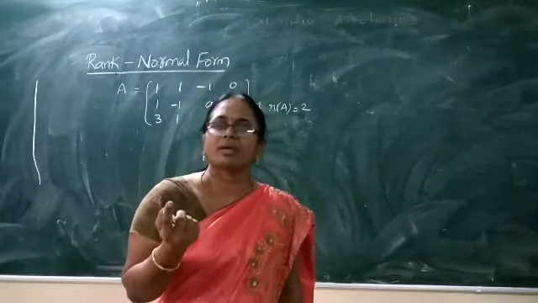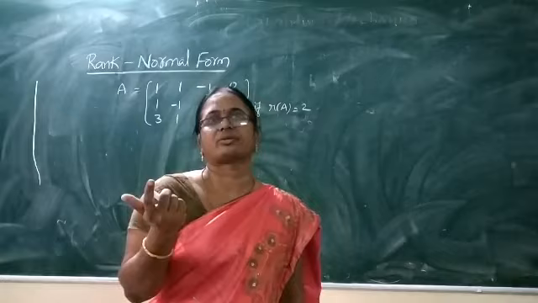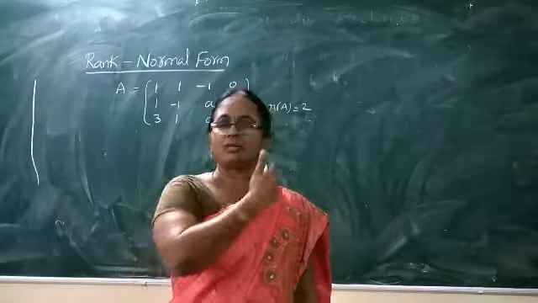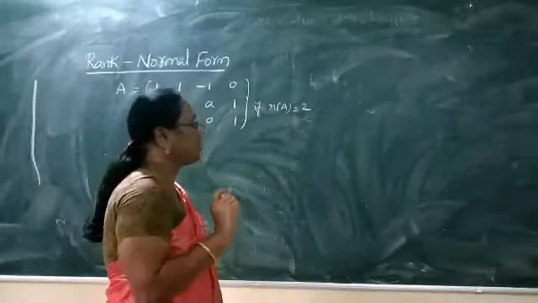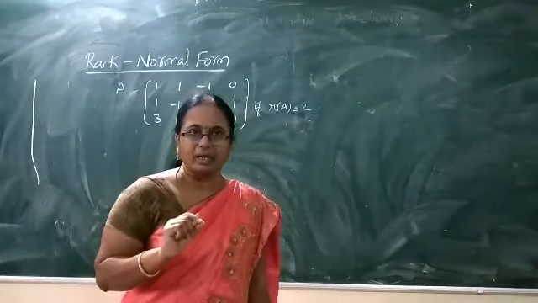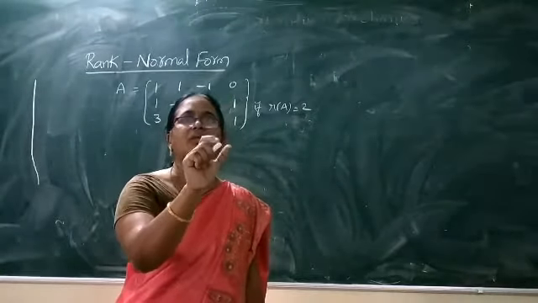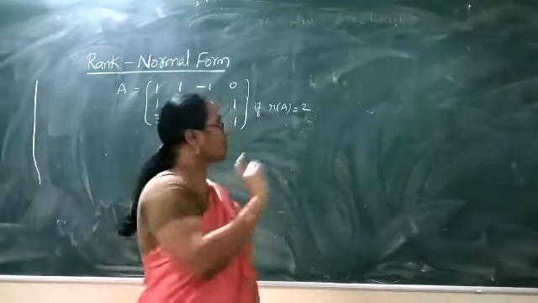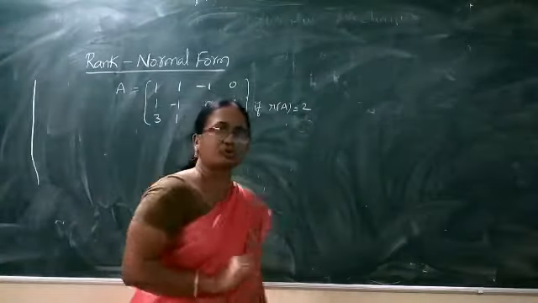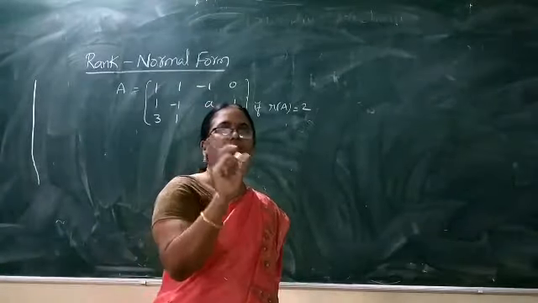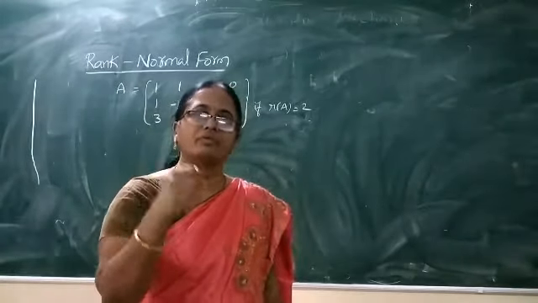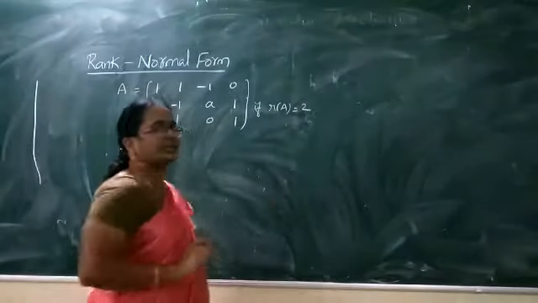Now what is a third order minor? It is a 3 by 3 determinant. It is the determinant of a 3 by 3 submatrix of the given matrix. So now let us choose 3 rows and 3 columns including the unknown constant A. When we calculate its determinant, it becomes a third order minor. Every third order minor is 0 because the rank of A is equal to 2, as given already. So choosing a third order minor including the constant A and making it equal to 0, we can calculate the value of the constant A.